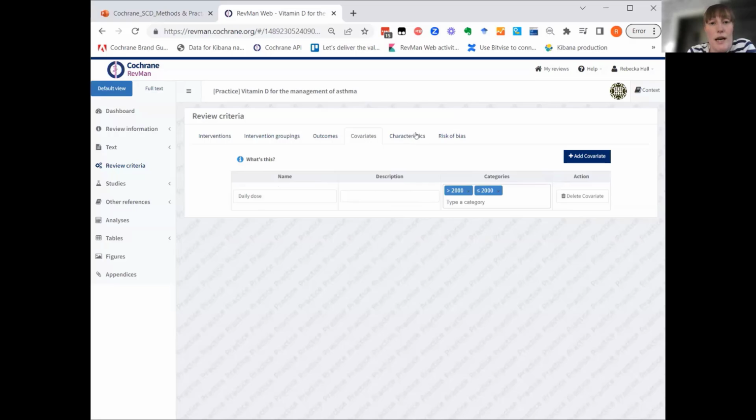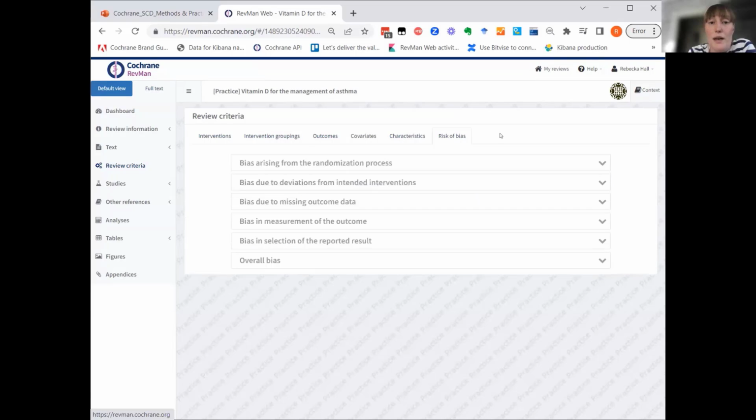You can see there are 2 tabs here, characteristics and risk of bias. These are basically set up for your reviews, for what characteristics and risk of bias domains you'll have. So normally you don't need to edit any of these